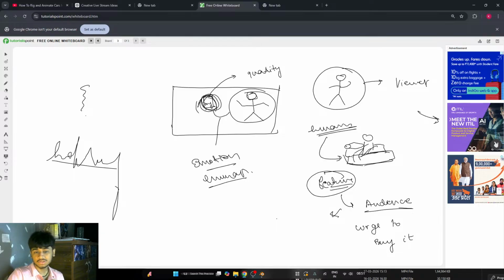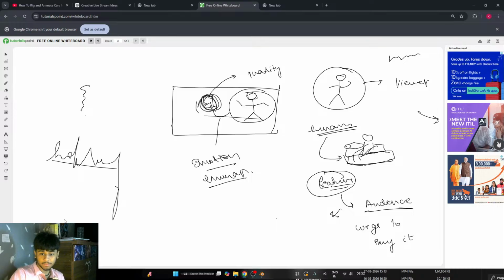Instead of this, this stylus could be the best way to market it, and that's all. So here you see that this is a government scheme kind of thing. I already talked about Indigo web and app, grades up, fares down. No one will read it, but we are just going to know about flights, baggage, and change fee. Okay, so this is a good thing, this can be useful, but why would a person who is reading over here go and buy a ticket just by seeing this? Although it is increasing the awareness, the quantity which I am talking about.